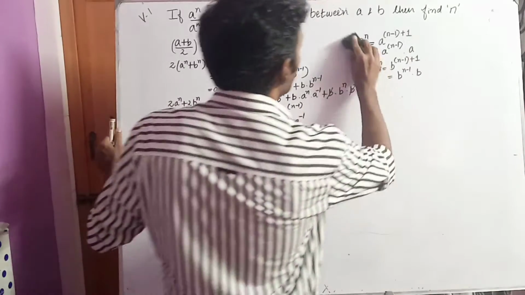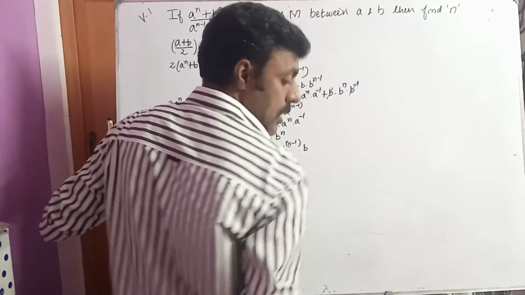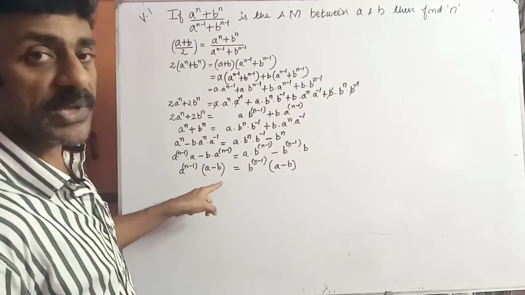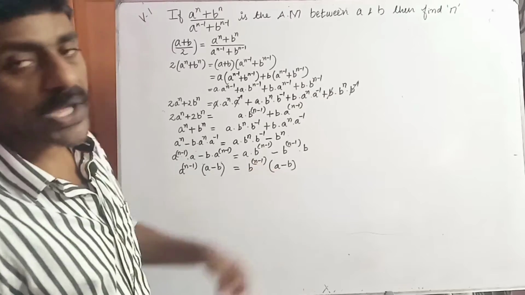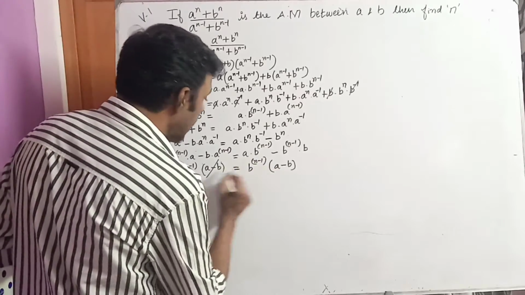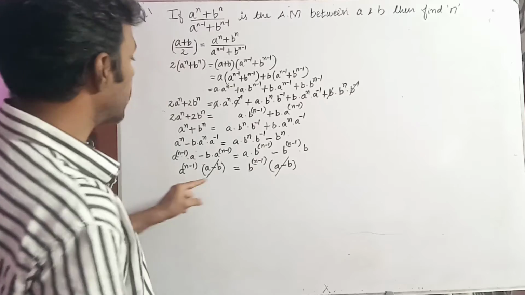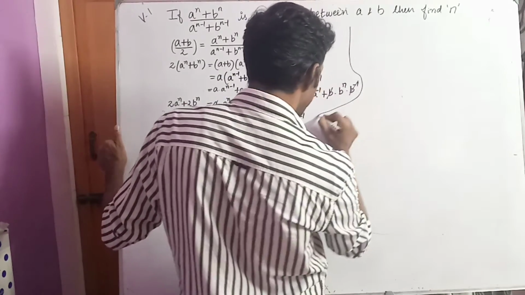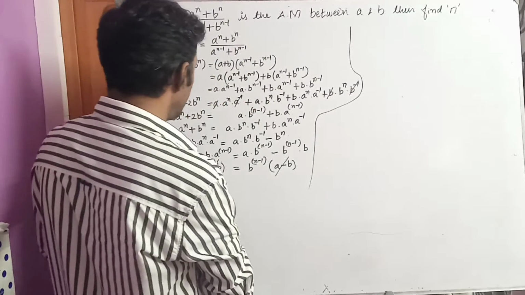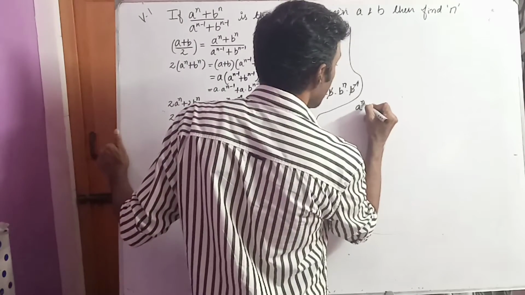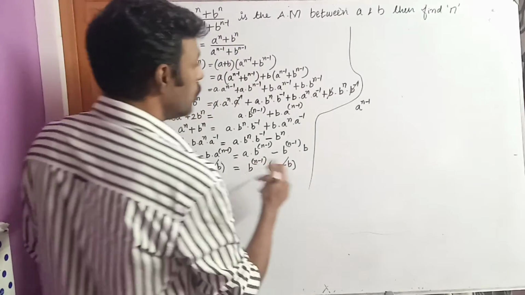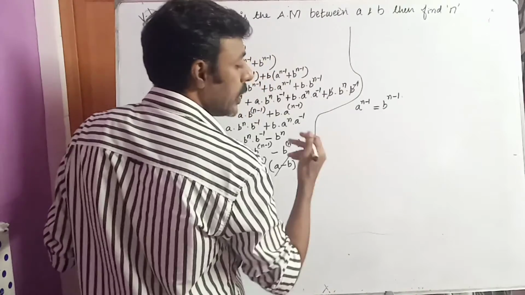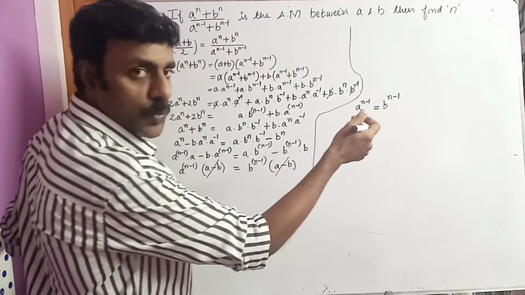So now, I've been left with a to the power n minus 1 into a minus b, which is equal to b to the power n minus 1 into a minus b. So a minus b will get cancelled. The resulting term is a to the power n minus 1, which is equal to b to the power n minus 1. So now I'm going to take this b to the power n minus 1